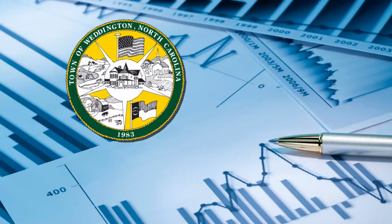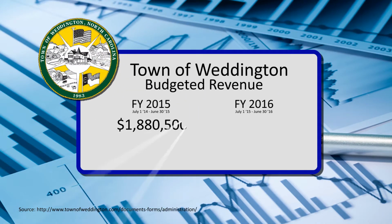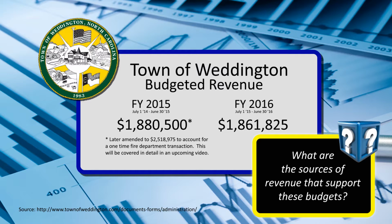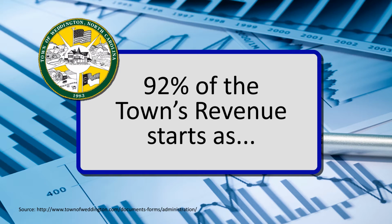In fiscal years 2015 and 2016, the town of Weddington's operating budget was built on an expected revenue of approximately $1.8 million. That's a great question. Did you know that 92% of the town's operating revenue starts off as